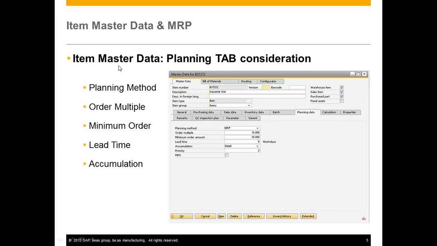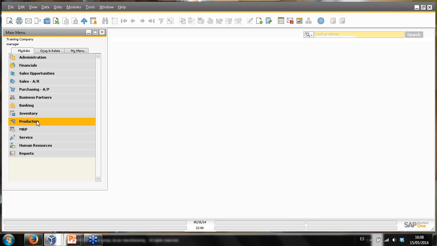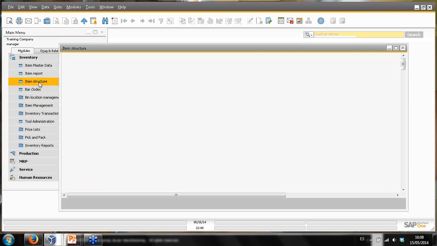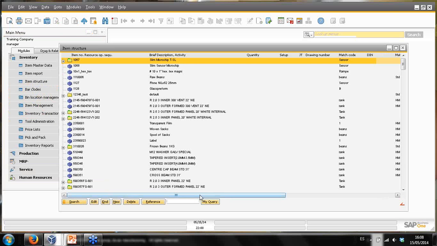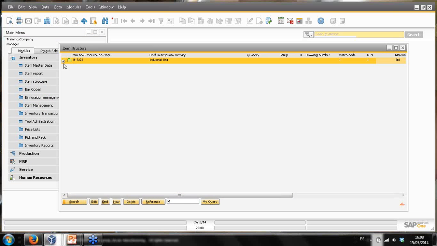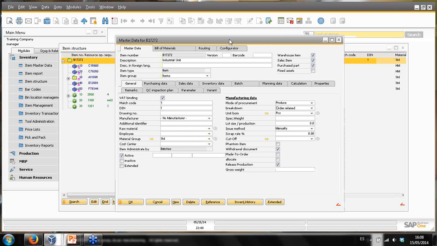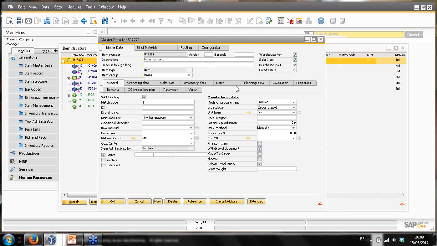Let's start from item master data. What are the main values we should consider at the level of item master data related, of course, with the MRP? Let's go to Business One. Let's go to the screen, for example, item structure. Let's have a look at one of the items, for example, this B1 7272. If I double click here and then I go to the master data, item master data,